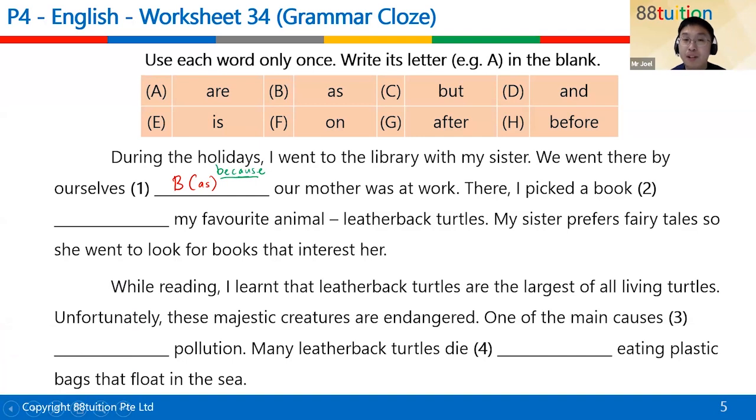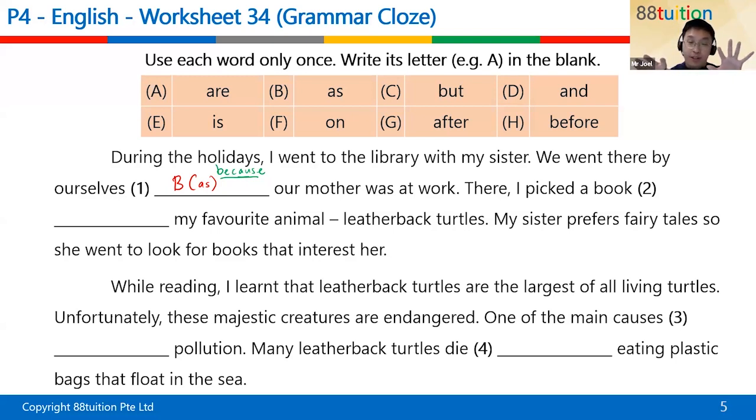But remember, boys and girls, the word "as" is not just used in place of "because." The word "as" can also mean the same as "when," like two things happening at the same time. So for example, I can say, "Chanel was singing as her naughty brother threw soap over the door," that kind of thing, right? So "as" can be used to mean "when" as well, like two things happening at the same time.